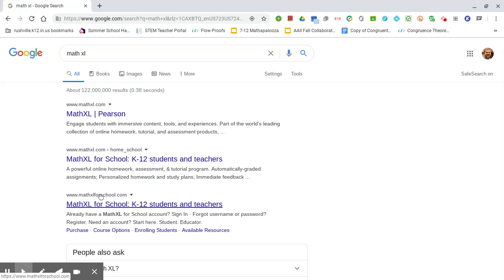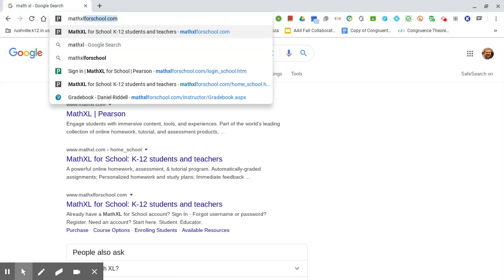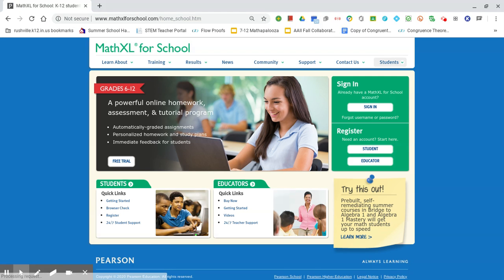It's called mathxl4school.com. Okay, and we even see that it indicates K through 12 students and teachers. So be careful with that. Mathxl.com will not work for you because you are not at the university level. If you go to type this in, all you need to do is type in mathxl4school.com. It'll take you to the welcome screen where you see people who are very happy to be doing their